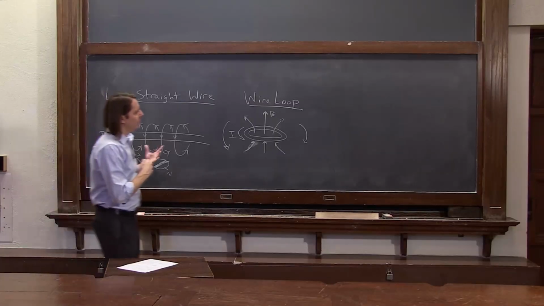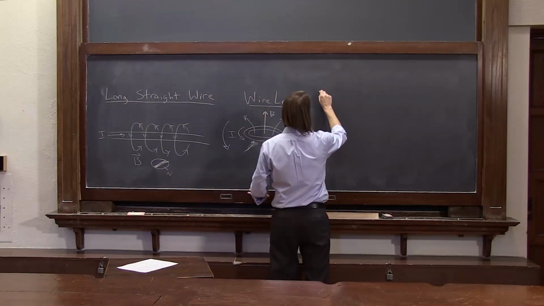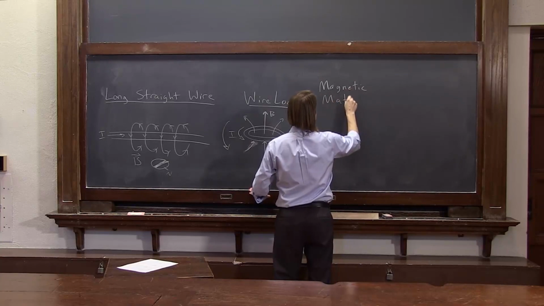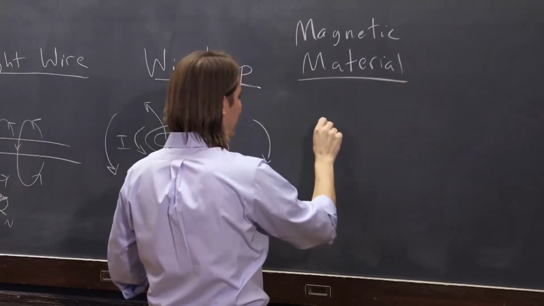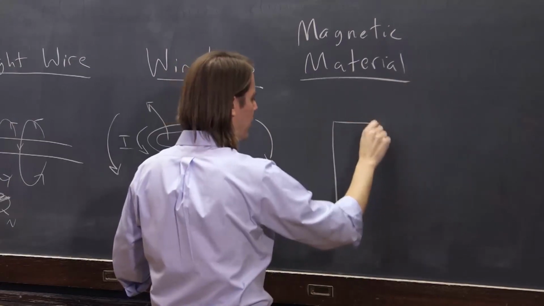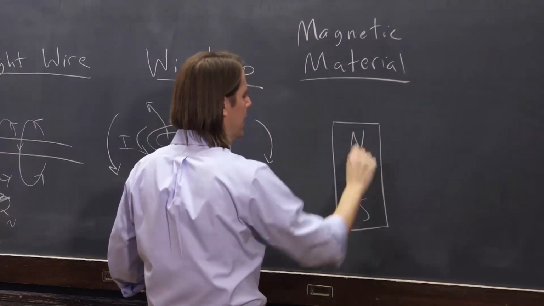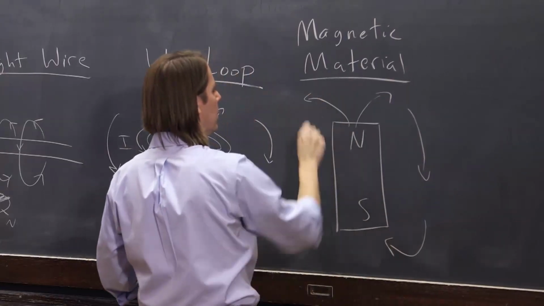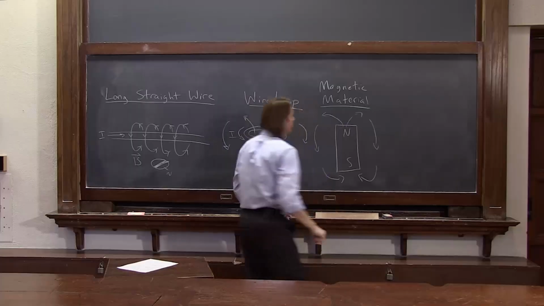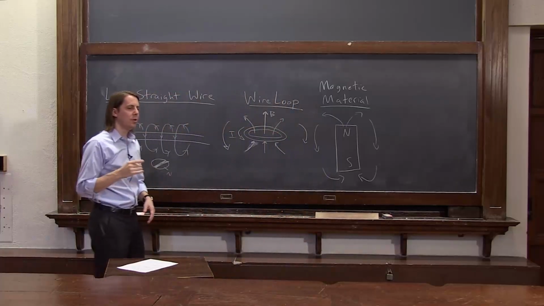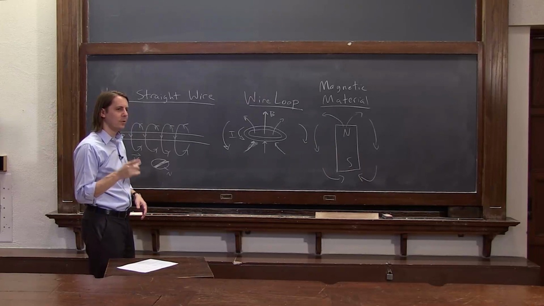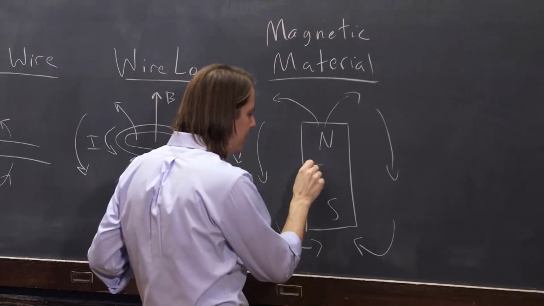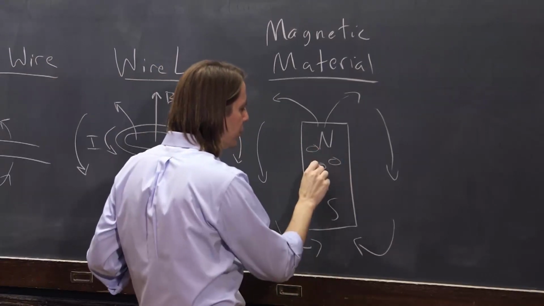Now that we sort of understand that, we can think about a magnetic material. So remember, we had the bar magnet, and it had a north and south pole, and it made a field that went from north to south. But now we can actually understand what's happening. Why is the bar magnet doing that? It's because it's filled with microscopic current loops. The little atoms inside the magnet make little current loops